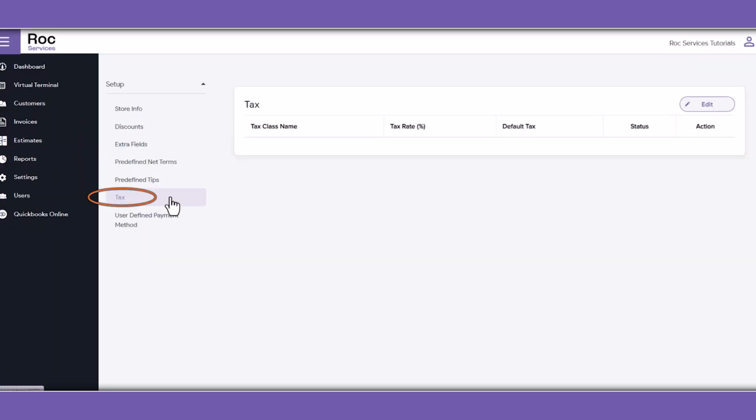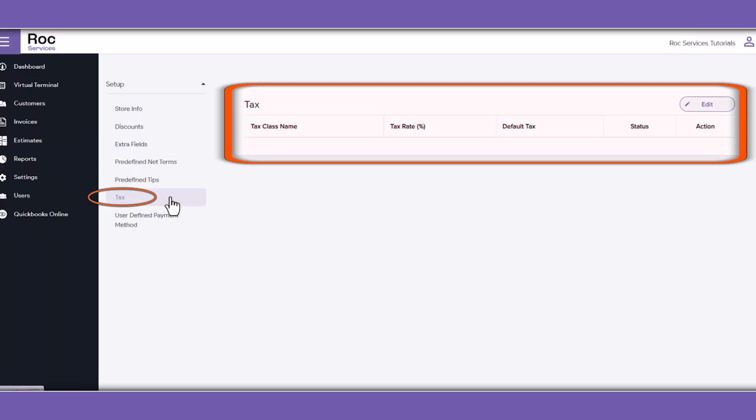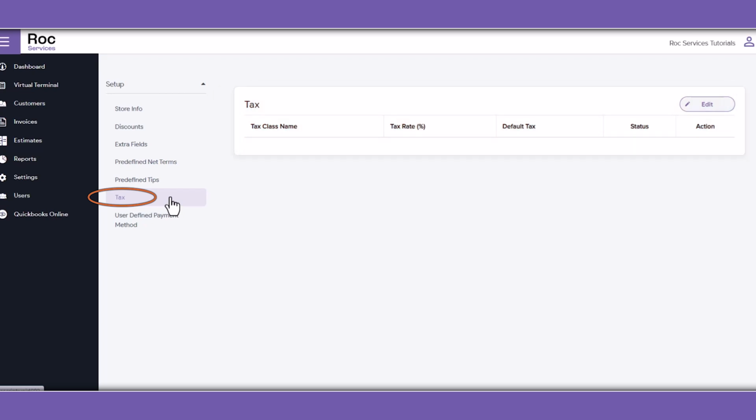The Tax tab displays tax classes and related information sourced from tax information provided in your Roc Services agreement. If none was provided, taxes will not be applied to your invoices, estimates, or transactions processed with Roc Services. If you need to change existing tax class names and rates or add a new tax class, click the Edit